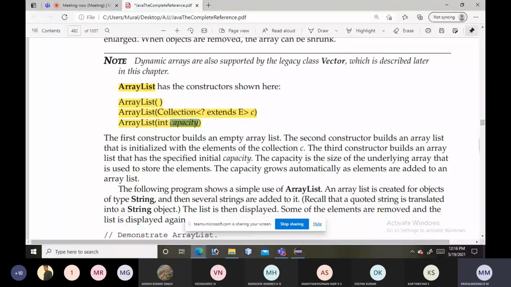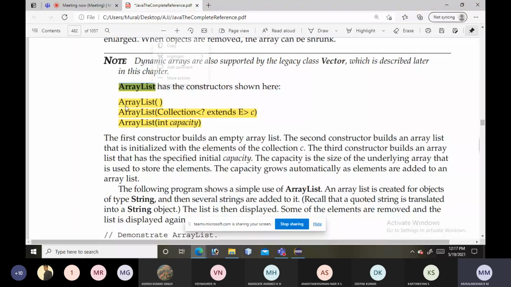Clear? That is why this ArrayList is dynamic. Dynamic means based on the need, it can increase or decrease the size automatically, right?